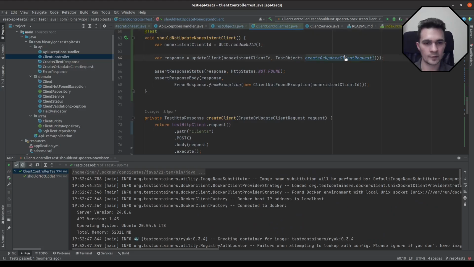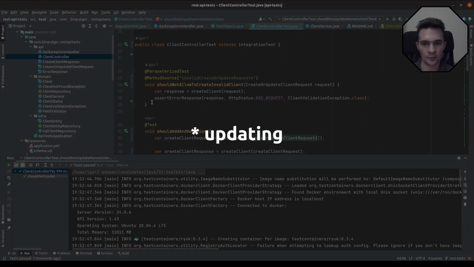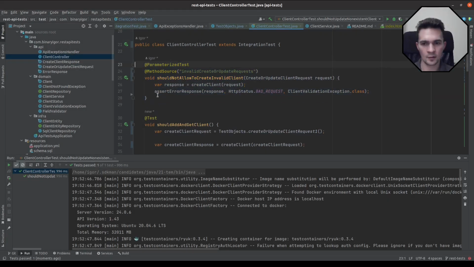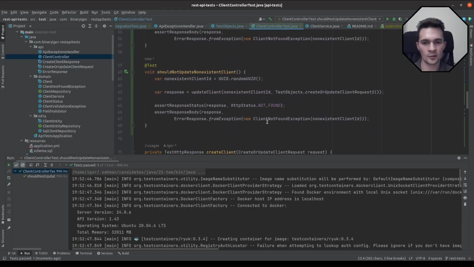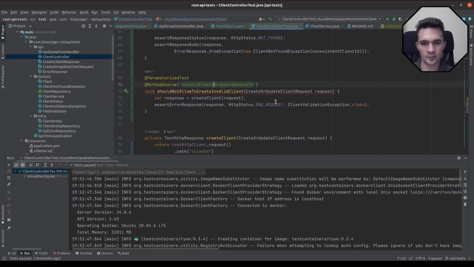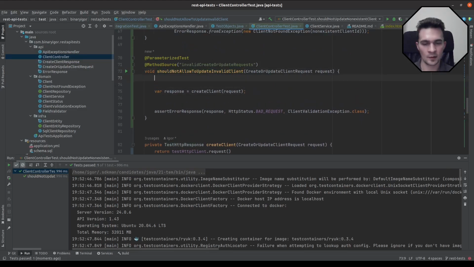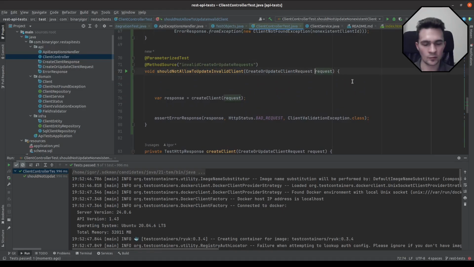Yeah, it works. Alright, so before updating client, we should have the same validation should work for an update, almost the same. So should not allow to update invalid client. One difference would be that we need to